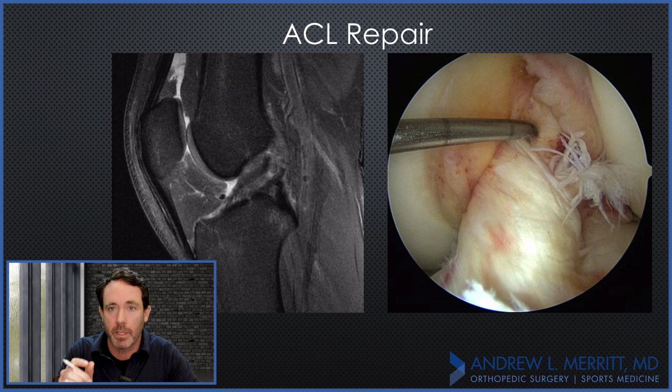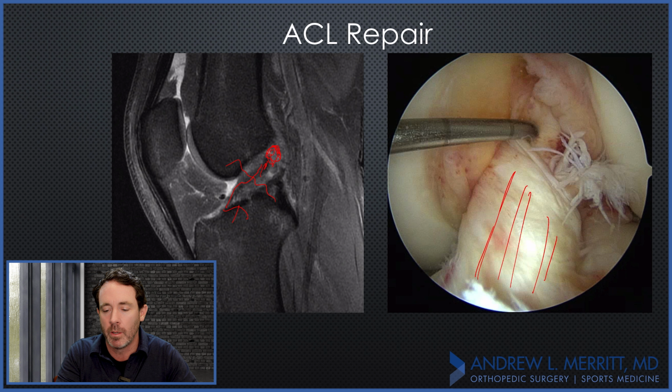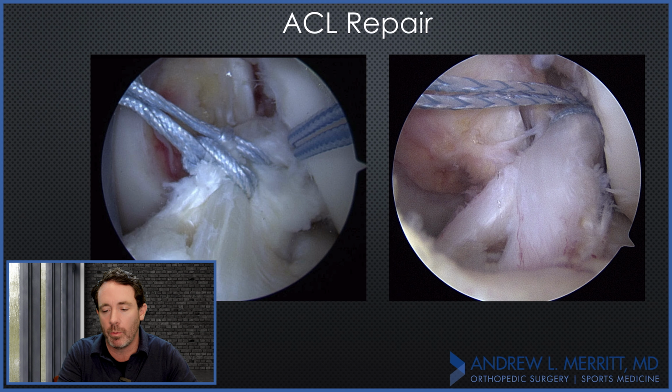So make sure that you find a surgeon that is willing to have that conversation and kind of look at all of those factors. There are certain circumstances, a small percentage of people, where ACL repair can be done. This is a very small subset of patients where the ACL still looks good. It's just torn off of the femoral side. We don't do these off of the tibial side, and we don't do them if they tear in the middle. We repair them if we can attach it nicely back onto bone. And so what you see here is good ACL fibers, but there's separation. This should be up on the bone right there, and we can suture that and pull it back up,